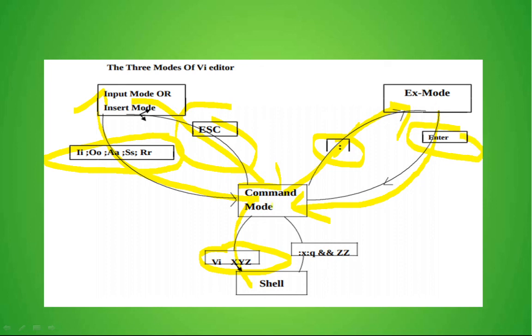Then if you want to save the file and exit from the command mode to the shell, see here, :x is there, :q is there, q is for quitting, or ZZ is there. These commands are used with the colon. So you are just moving from command mode to the shell mode. Okay, thank you.